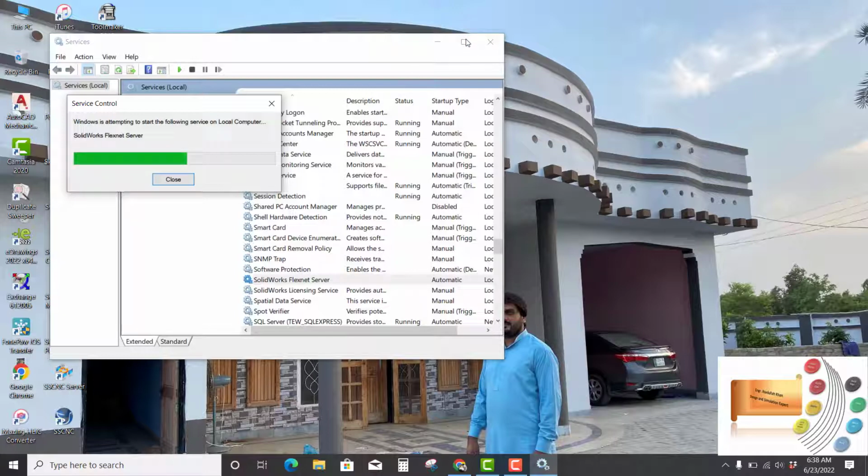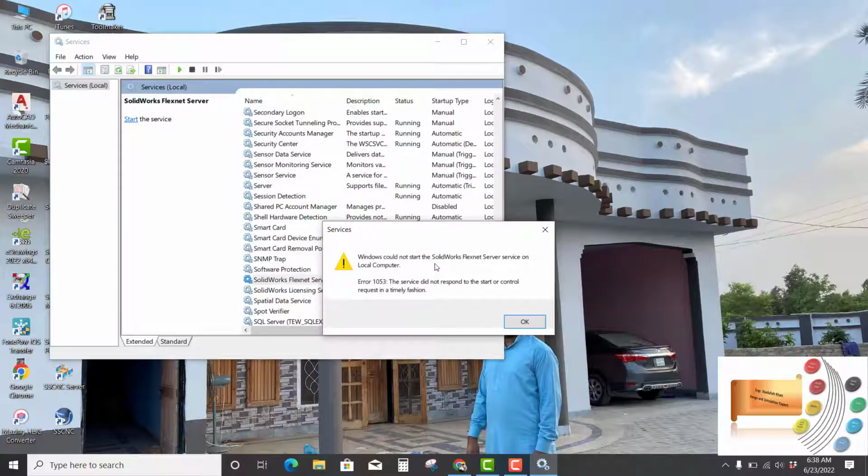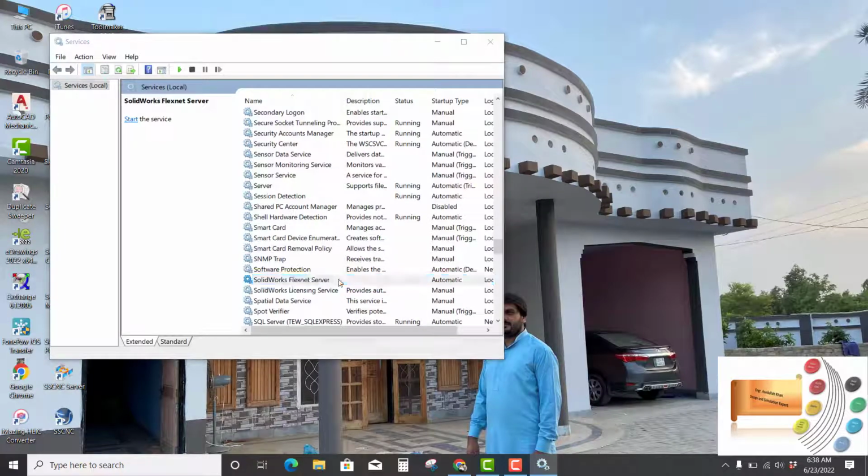Take a breath and hope it will work. Oh, it didn't work here, so we have to find another solution for this problem,